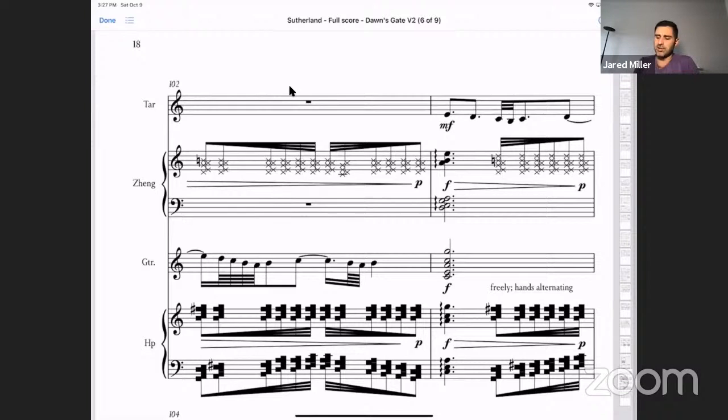Another thing you could play around with in this texture: you have all of the instruments speeding up at the same time and slowing down at the same time, which is cool. But what if you alternated it, where some instruments sped up while others slowed down, and vice versa, with these feathered beams? What if these feathered beams occurred at different lengths? Sometimes the speeding up occurred over a much longer period, and in other instruments over a much shorter period. There are ways you can really dig into that sort of texture.